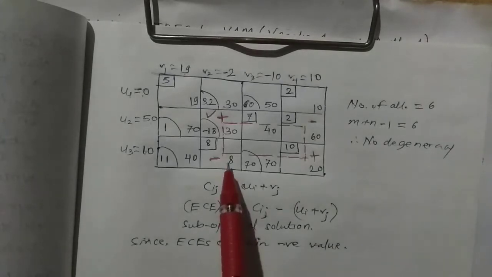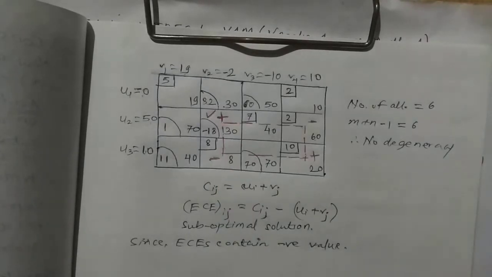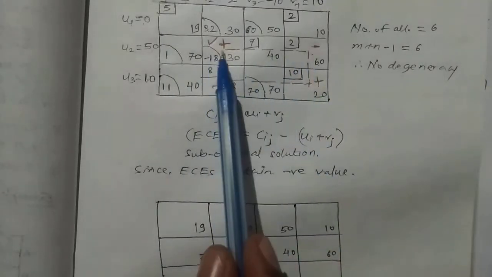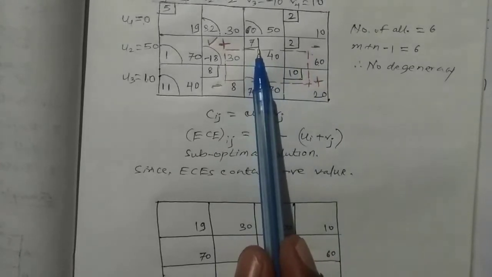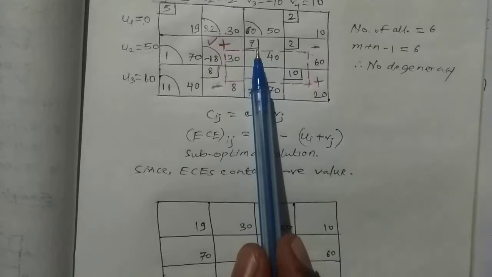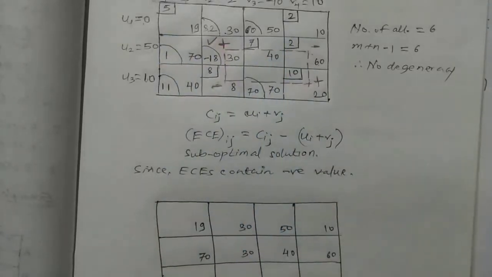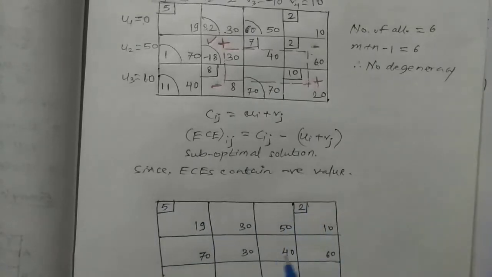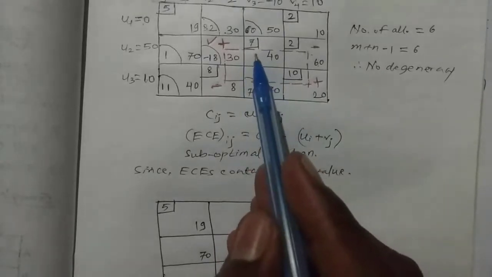Now once the loop is completed, we will have to write a new table and modify the allocations. We have to refer to this table. The allocations which are only at the corners, their values will get modified, but the allocations which are present there but are not a corner of the loop will not change and will remain as they are. They are 5, 7 and 2. So let us write them. 5, 2 and this one 7. So there is no corner of the loop, so it will not change.